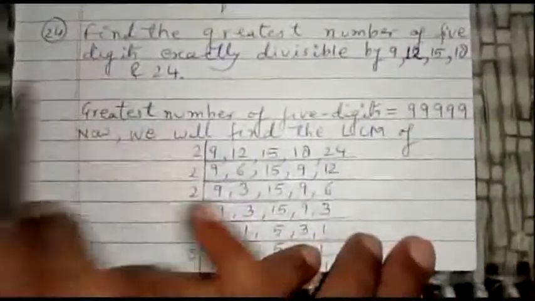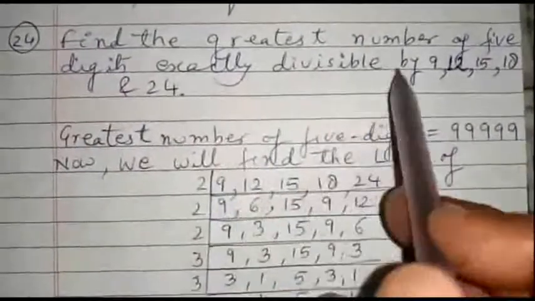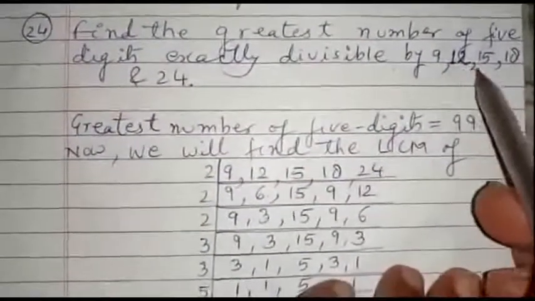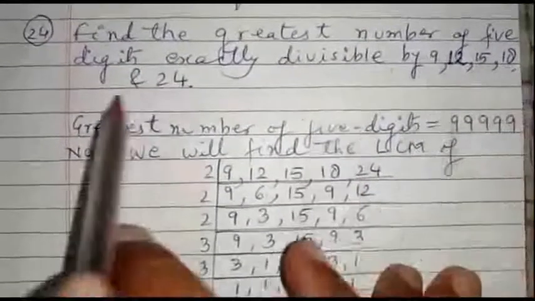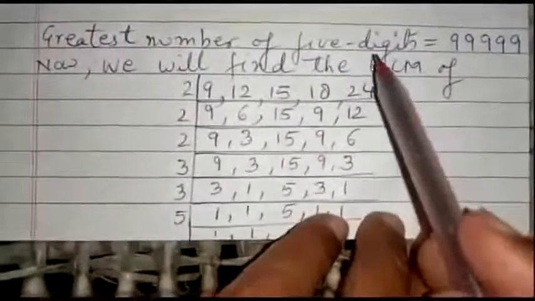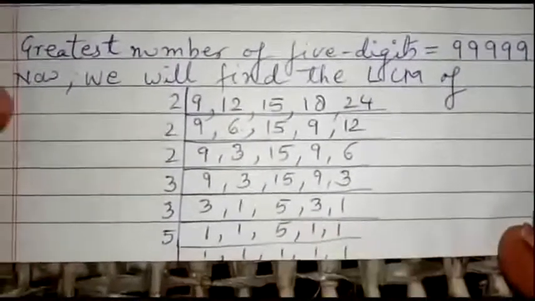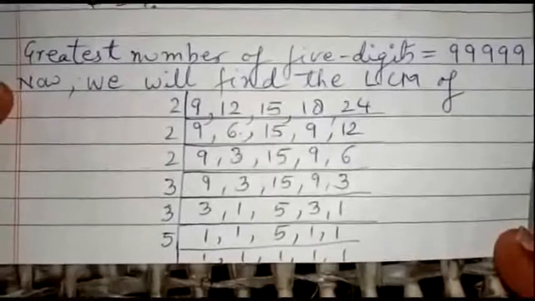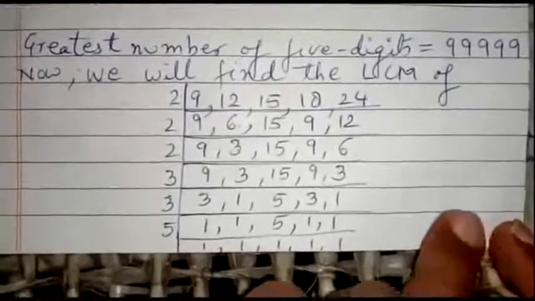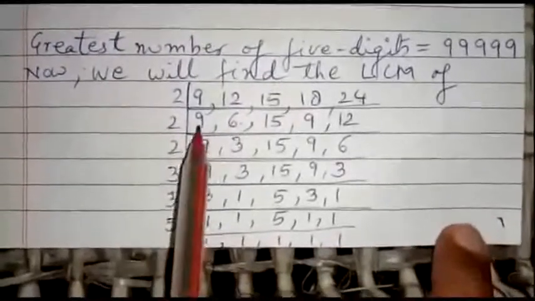Question number 24. Find the greatest number of 5 digits exactly divisible by 9, 12, 15, 18 and 24. How will we find out? We know that the greatest number of 5 digits is equal to 99999. Now we will find the LCM of 9, 12, 15, 18, 24. Divided by 2, we will get 9,